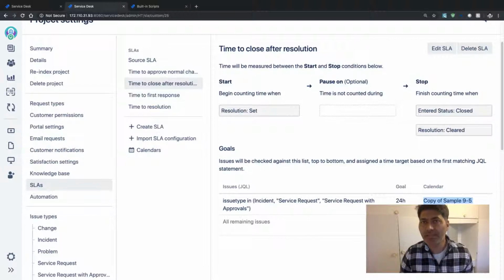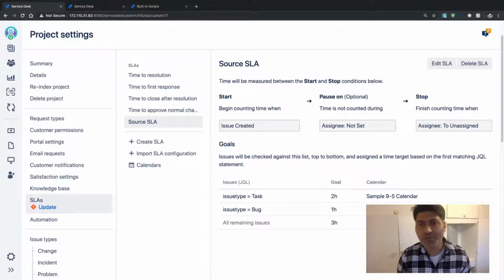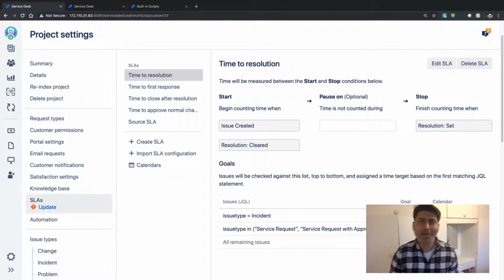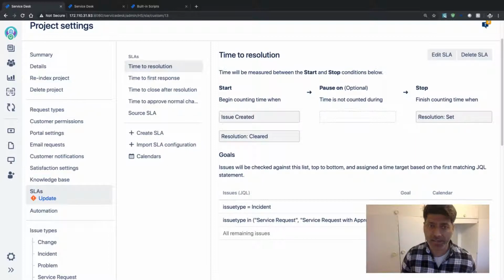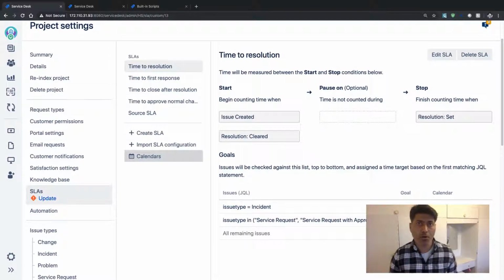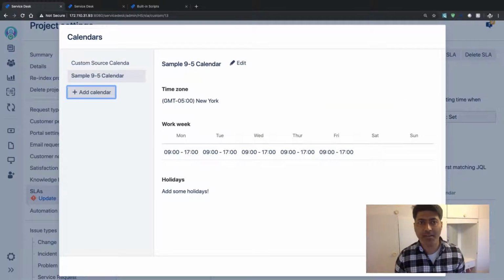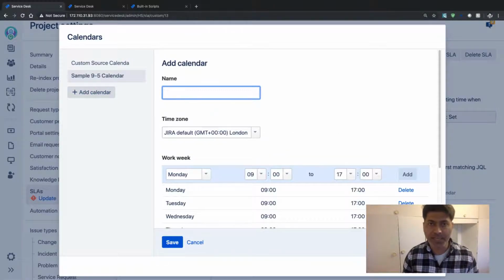So I think it makes sense because you don't really want your existing configurations to be messed up. You want ideally a copy of it, but it makes more sense when you're trying to do it on a fresh project in a Jira instance. So one more thing which I want to try is, let us say I have a calendar where I have defined some holidays, because I can see here that there is a calendar that has been copied, but if